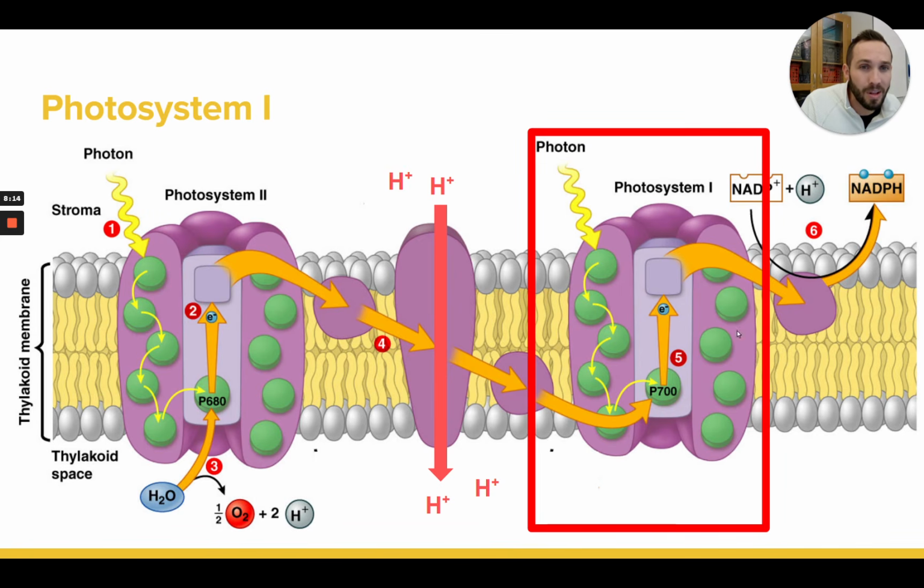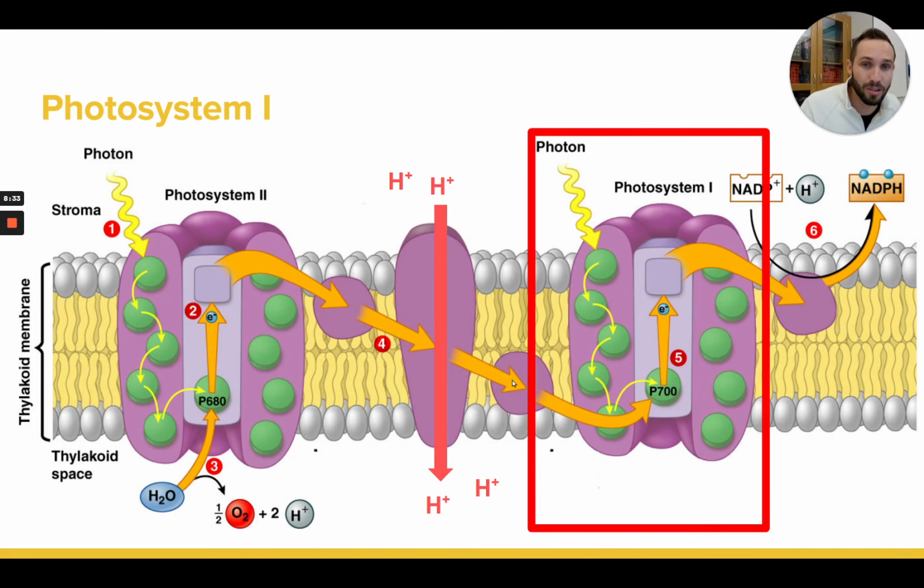So there's all these pigment molecules in photosystem 1. They're absorbing all this light energy. They're focusing all that light energy into these central pigment molecules. In this case, it's called P700. It's a slightly different chlorophyll. Doesn't really matter. But all that energy is being absorbed here, and it's going to be used to re-energize those